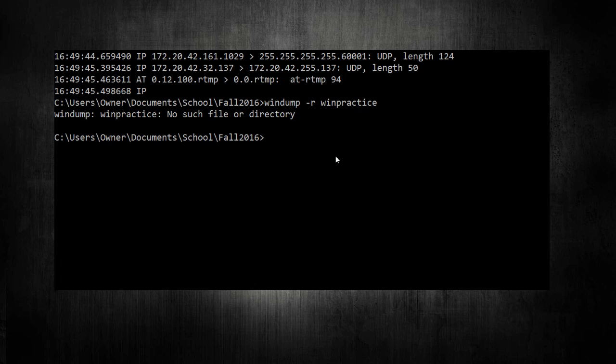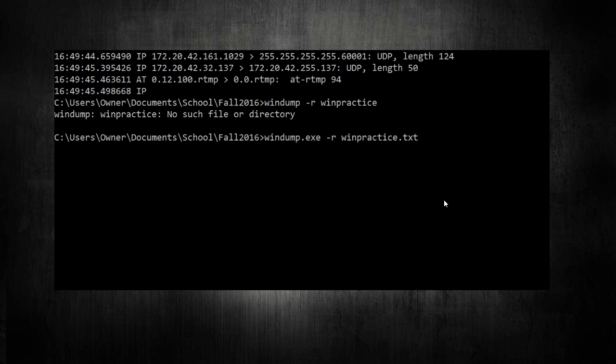Now we can tell WinDump to read from WinPractice, but we want it to specifically pull out a certain protocol. Whether you want ICMP or TCP or UDP, whatever protocol you're trying to specifically look at, you put a space, and then you put in your protocol.